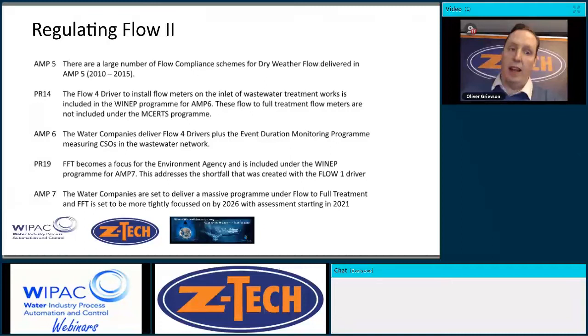and arguably, and it is very arguably, we realised it. The industry realised about it, and I remember the Flow 4 driver coming in to install flow meters at the inlet of wastewater treatment works, included in the WINEP programme for AMP6. However, crucially, not included under the MCERT programme. A lot of water companies who did put Flow 4 flow meters in were sort of penalised for this, because at the end of the day,